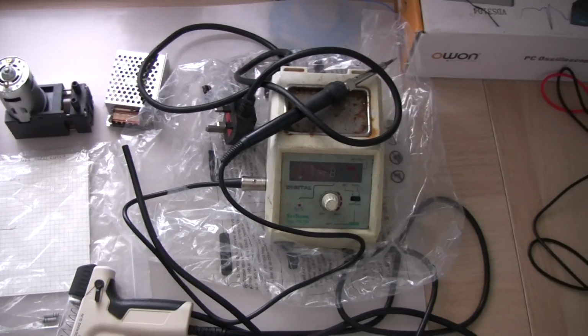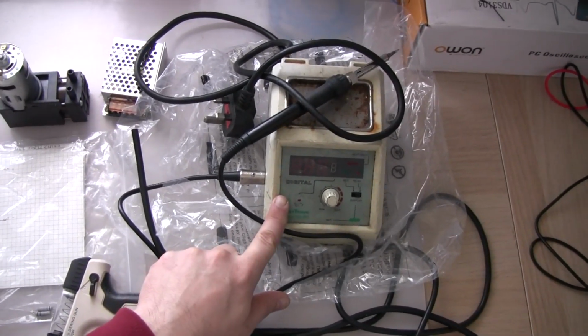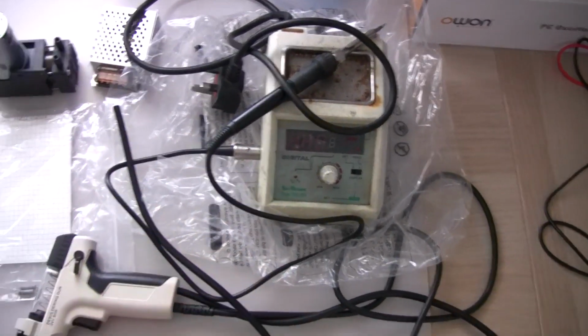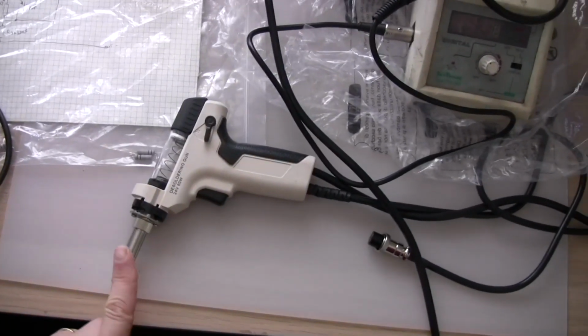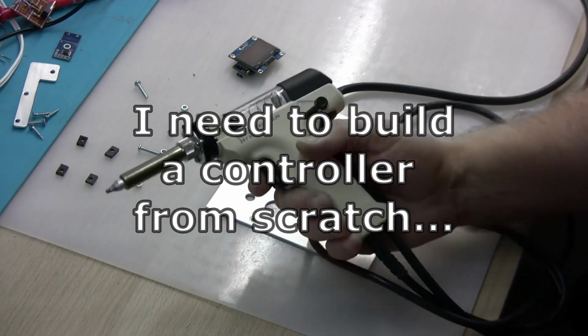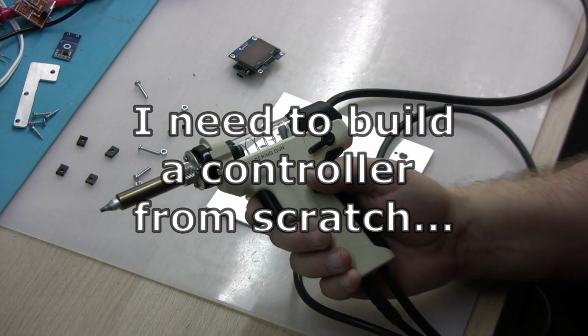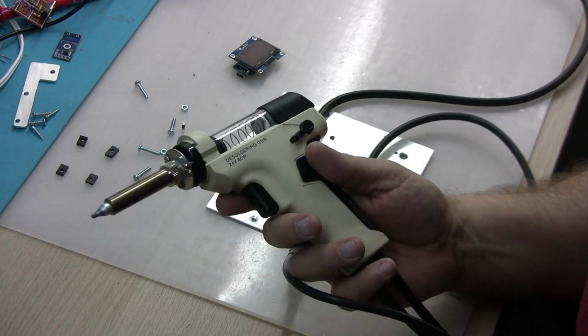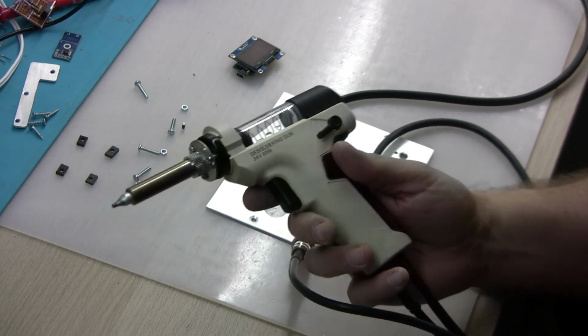I want to find out if this soldering station is going to work with this soldering gun. It's time to build a controller for the gun. I think I have all the parts ready,